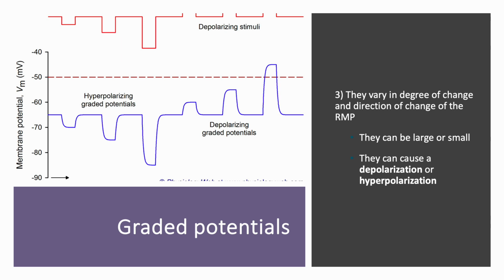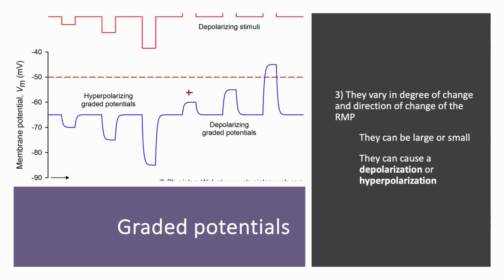The third characteristic of these graded potentials is that they vary in the degree of change and direction of change within the resting membrane potential. Okay, so what does that mean? Well, it means we can have responses of different magnitudes. So for example, let's say we bind a whole bunch of chemically gated cation channels, right, with neurotransmitter from the presynaptic neuron. Okay, well, that is going to lead to